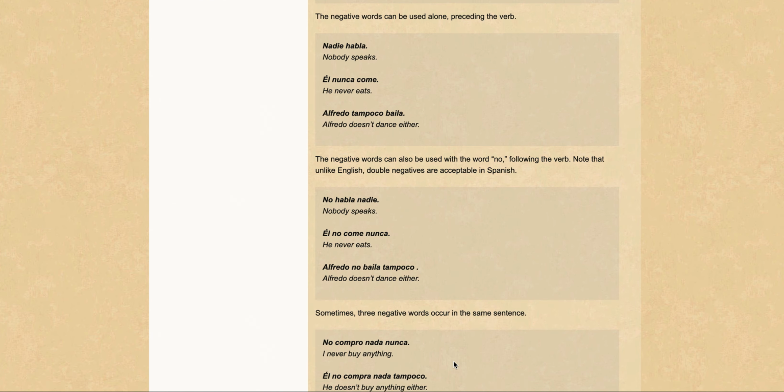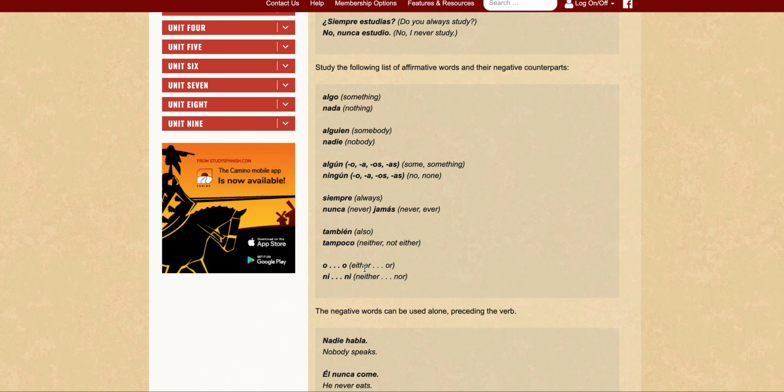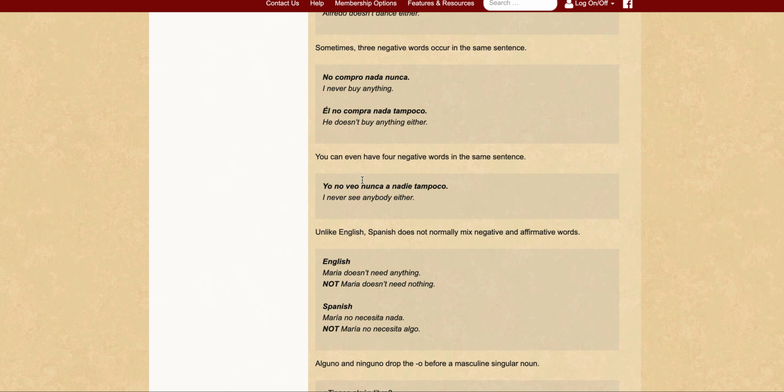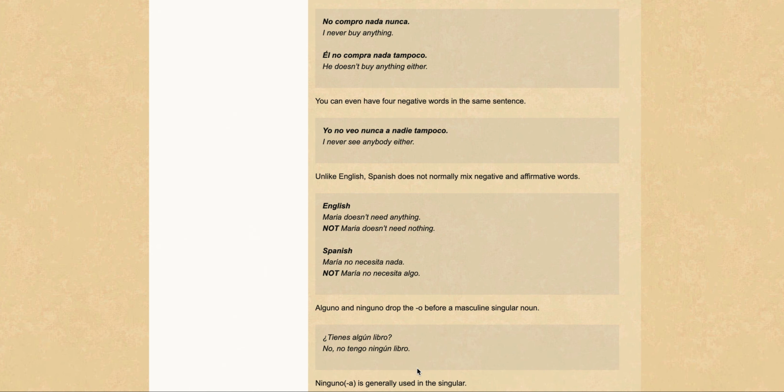Okay, so basically, if you look at this, you have ninguno, ninguna, ningunos, ningunas. The different forms. If you look at this, alguno and ninguno drop the o before a masculine singular noun, and then it says that ninguno or ninguna is generally used in the singular form, unless